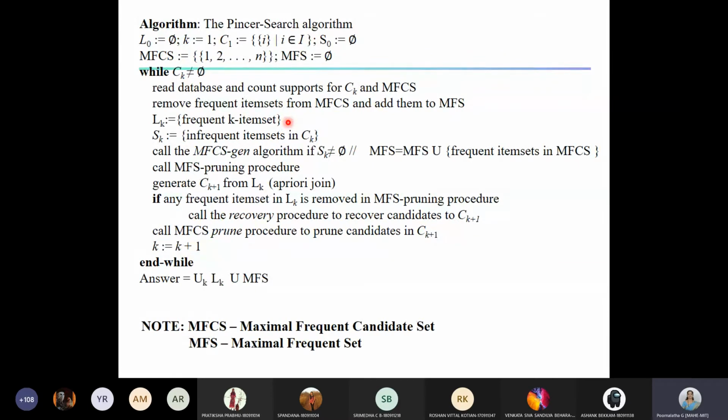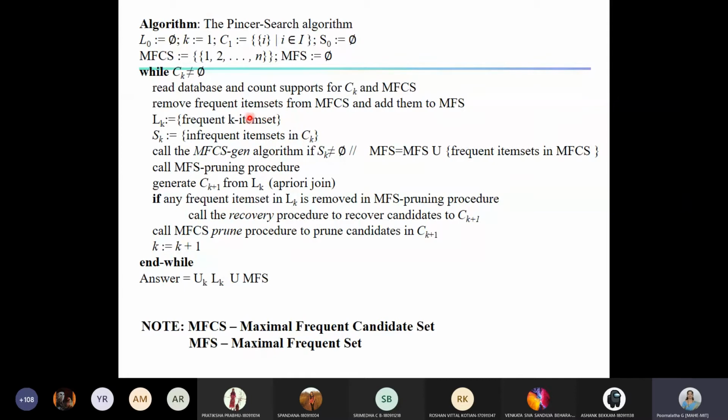In addition to that, the items which are not frequent, we move into another set called Sk. As I told you, we use S to denote the infrequent item sets. Sk contains all the infrequent item sets present in Ck.